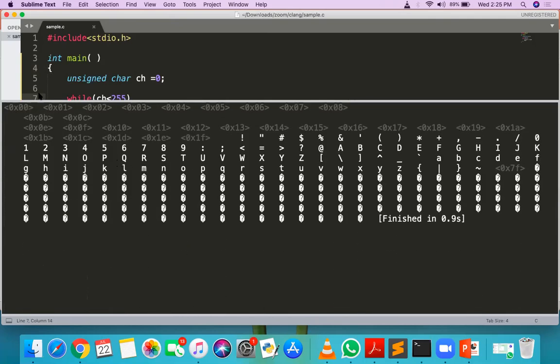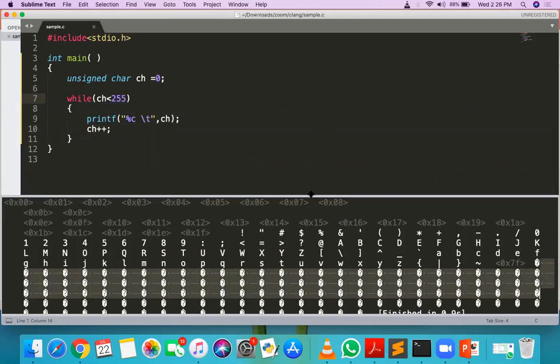So you can get it here because these are not printable characters. The first ones are not printable characters. So instead of the printable character, they are directly printing its hex value. Then this one, special symbols, then from A B C D to Z, then again some special symbols, then again A to Z, capital A to small z, then again some special symbols, and these are not printable characters. So only the printable characters it will print.